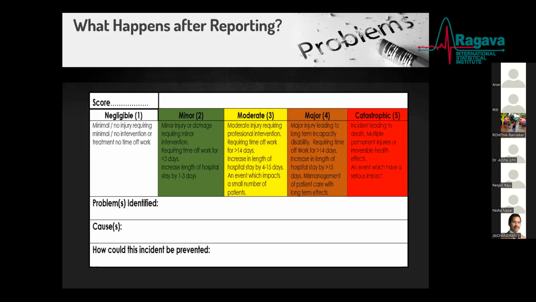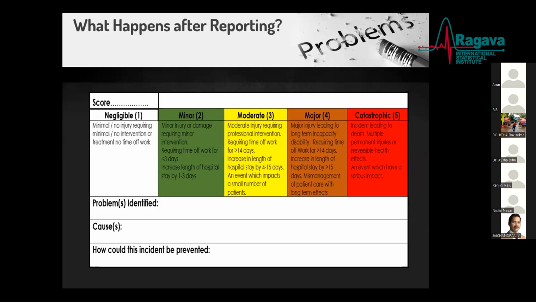Now, let me give an example to understand this further. Imagine you entered a patient's room before they were able to complete a lethal suicide attempt. The event would be classified from the risk standpoint as a catastrophic risk from a potential risk perspective. Why? You would say suicide did not happen. Why should I term it as a catastrophic risk? It is. If you hadn't stopped it, that is the worst outcome that could have happened. Again, that's the severity risk.